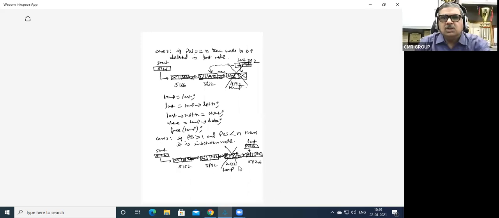So if I want to delete the third node, I want the temp to move to that particular node. In this case, I have given pos equal to 3. So where is my temp? Temp is at the third node.